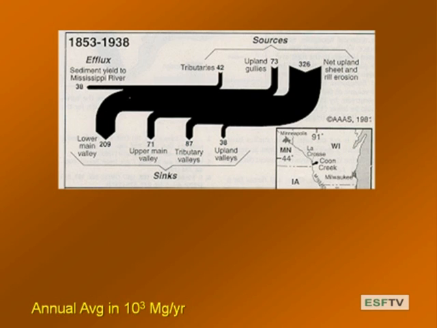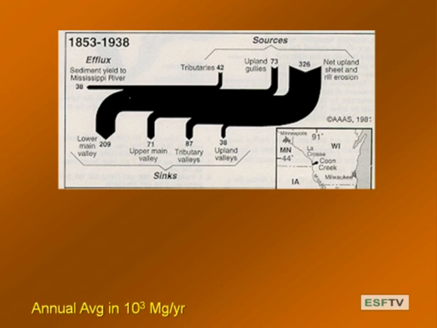So he summarizes that, and if you look at the period 1853 to 1938, this is when all the land clearing was going on and agriculture was pretty big, and at this point in time, there's very little in the way of any kind of practice to minimize erosion. They're very exploitative, just plowing, moldboard plow, clear everything off, and just farm. And it was a period of time where in the U.S. in general we were not sensitive to soil erosion losses. There was just no attention paid to it. The goal was to get the crops in and just plant as much as possible. And so we look at some of the erosion.